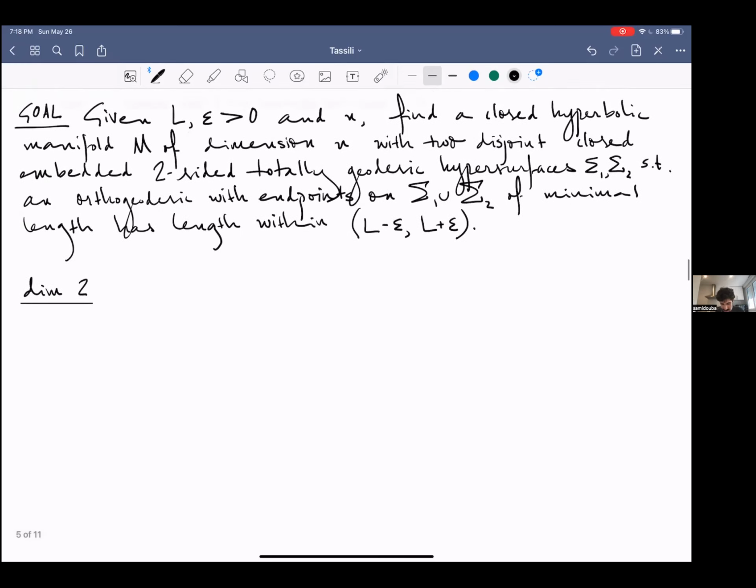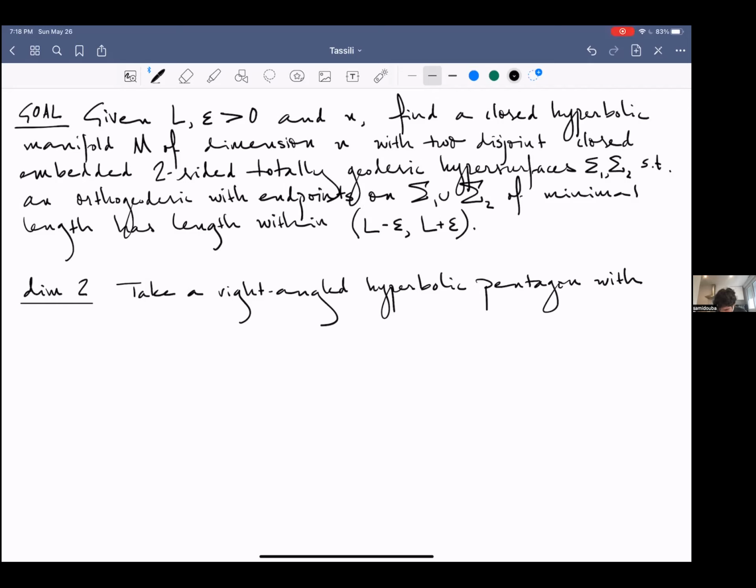So what you can do is take a right-angled hyperbolic, say pentagon, if you want, or okay, maybe pentagon won't work. Hyperbolic polygon